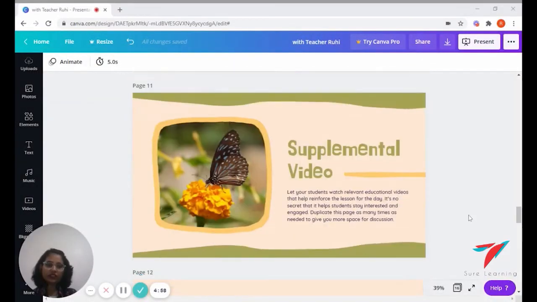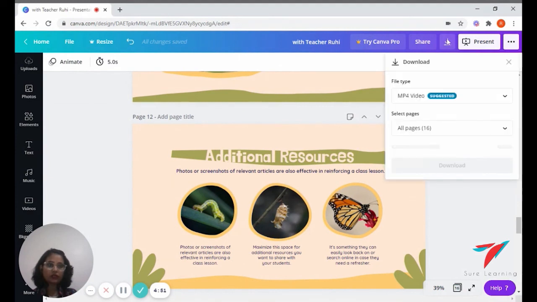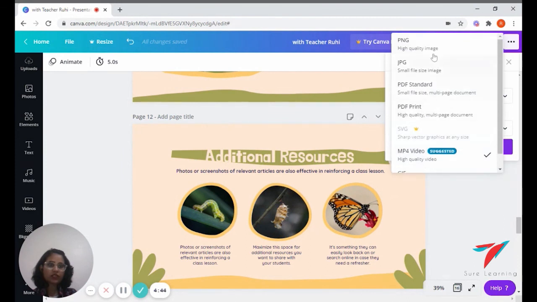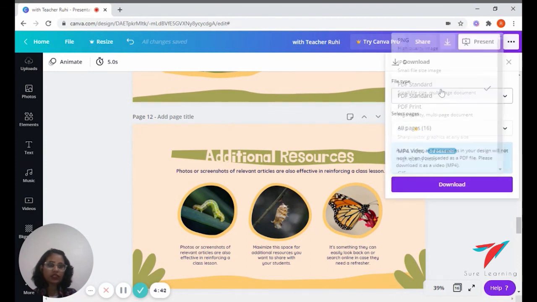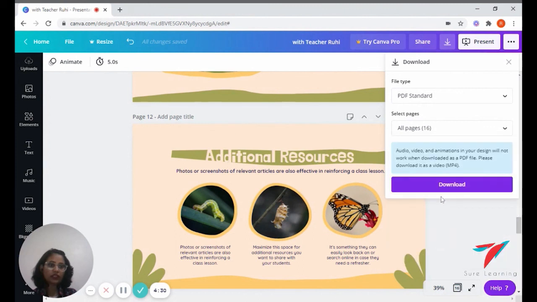Once all the changes are done and your presentation is ready, you can directly present it online or you can simply download it. Go to the download icon, select the file type in which you want to download it. I will select PDF so that all the elements are intact. Select the slides you want to download. You can either select a few slides which you want to download or you can select all and click on done